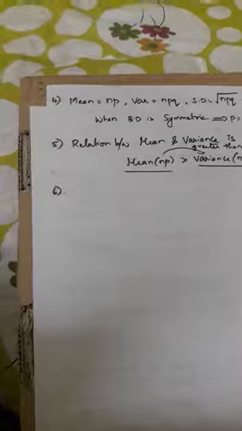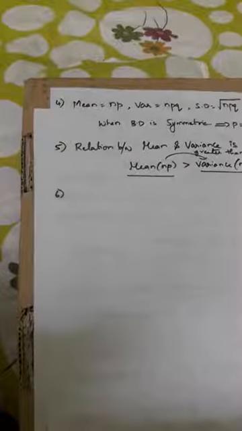Now the sixth, the binomial distribution may be asymmetric or positively or negatively skewed. As you know, the exact meaning of skewness is a lack of symmetry. That means a distribution which doesn't have a symmetrical form. Which is lack of symmetry, we can call it skewness. This one has three cases.